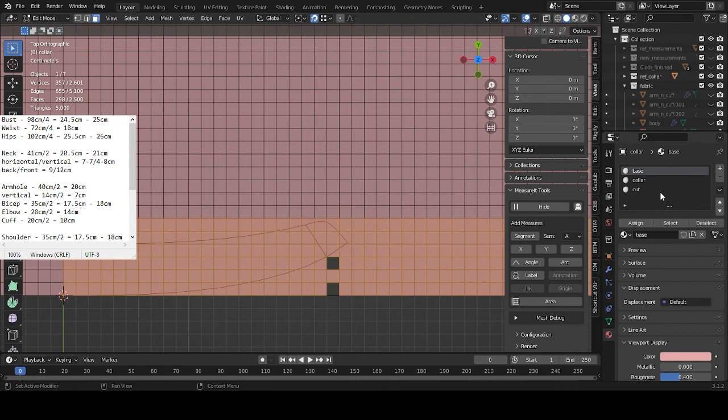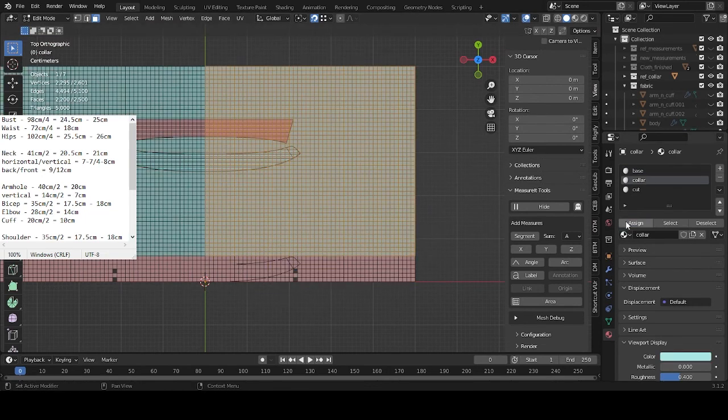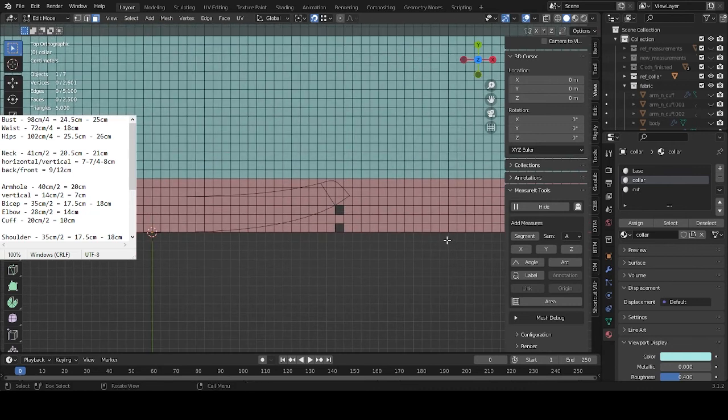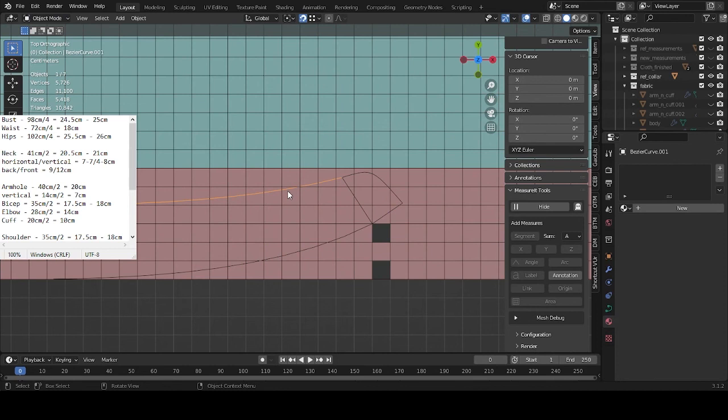Okay, that's already the base. Oh, okay, I've kind of flipped. Okay, that's better. So now what we're gonna do is actually duplicate this